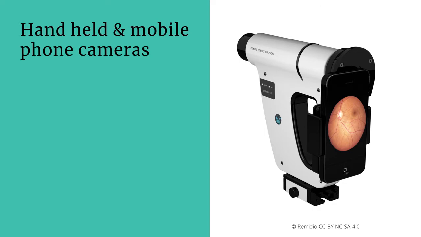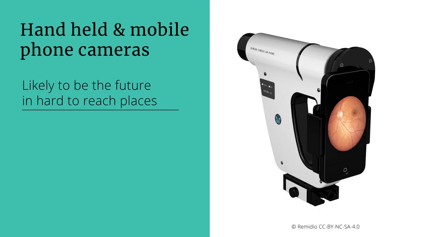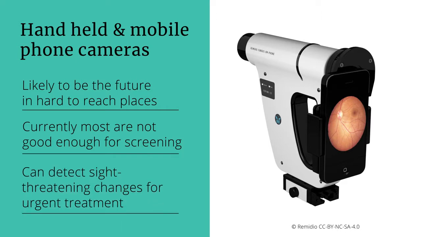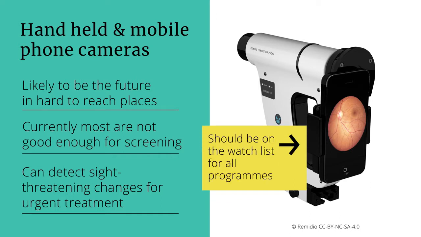Handheld and mobile phone cameras are likely to be the future in hard-to-reach areas and populations. Currently, not many of these cameras take images good enough to see the retinal details required for screening. On the other hand, many take good enough images of the optic disc and the immediate area, such as the macula, to detect sight-threatening changes for urgent treatment. These cameras should be on the watch list for all programs. They may change our view of how screening is conducted once they reach the necessary quality for good sensitivity and